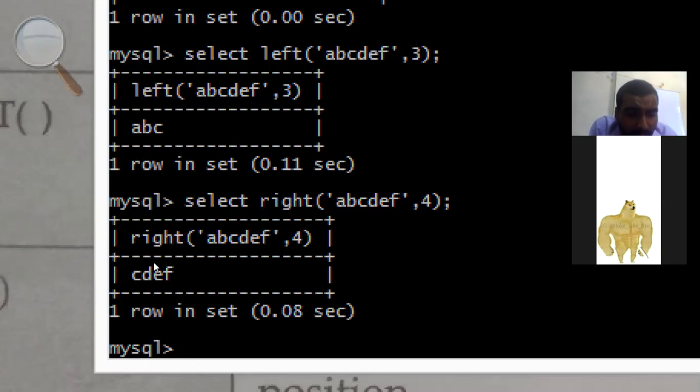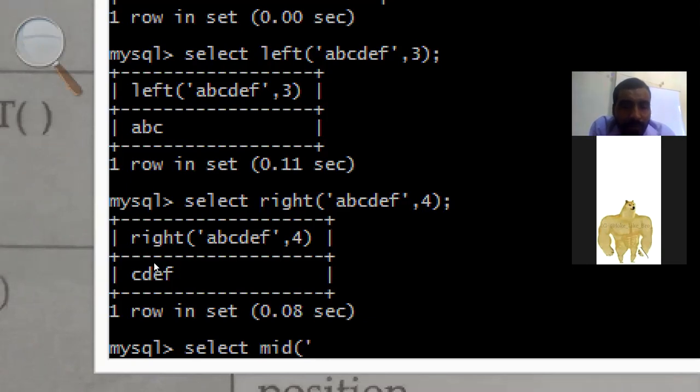Then there is the use of mid function. So mid function is just like substring function, substr function. Write the select command, space, mid, then write some text.